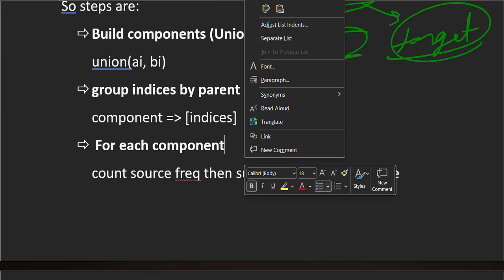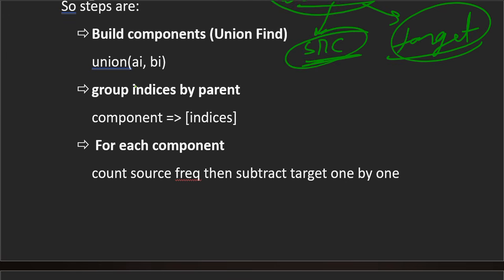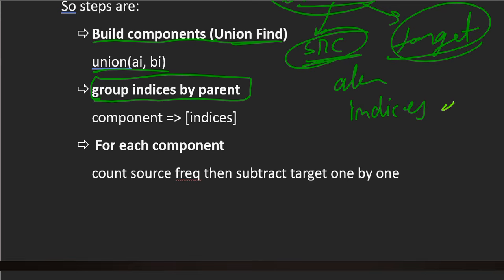So the steps will be: first we will build the components, that is union find, right? We will build the components from the allowed swaps array, and then after building the components we will group the indexes by their parent, right? We will group all the indexes of one connected component together, right? All the connected components and their indexes.